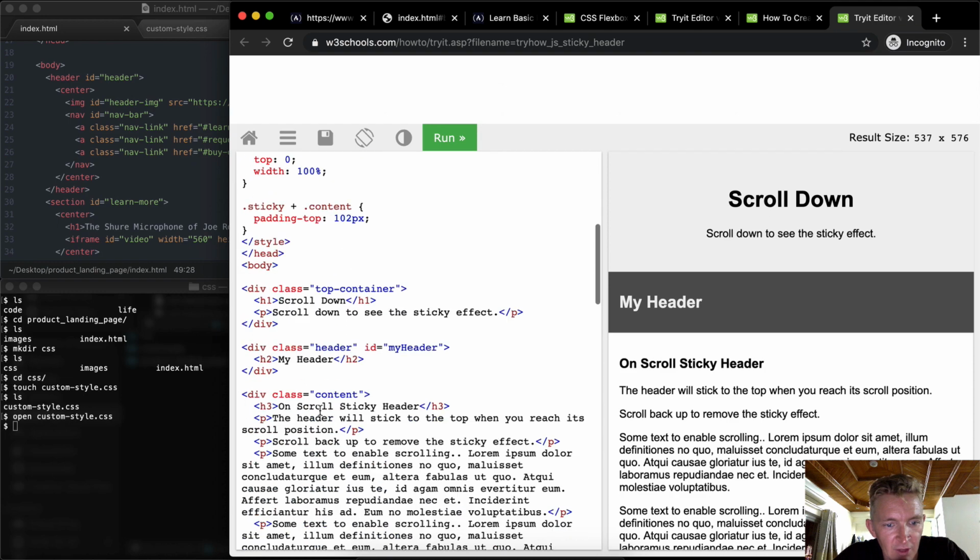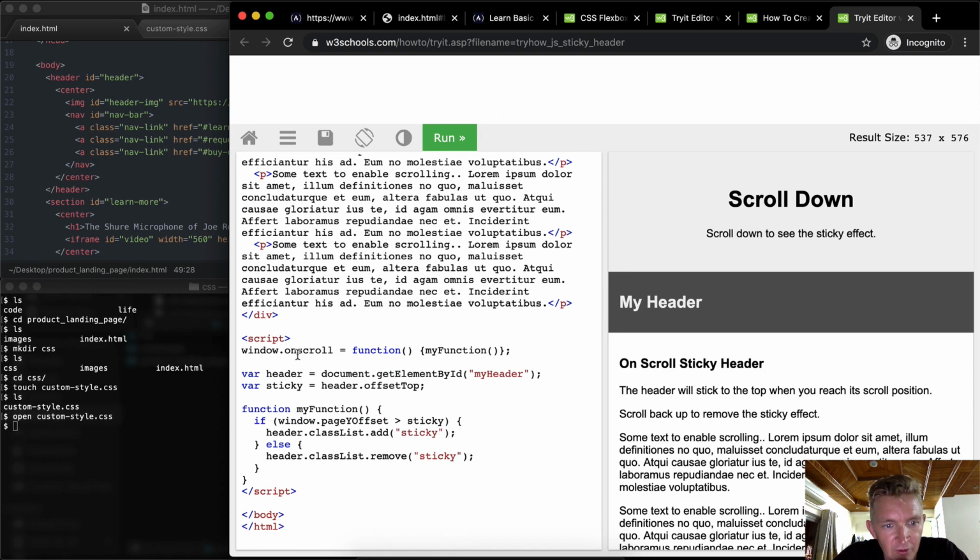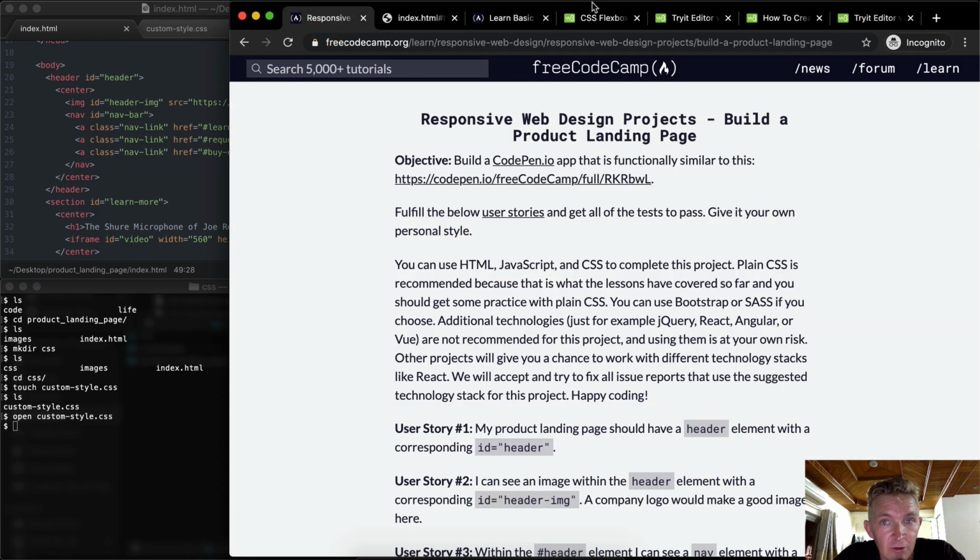Content sticky. Sticky plus content. Oh, this is also utilizing some JavaScript. So window.onscroll. So when scrolling, execute this function. And then this function is my function. And then they set the header equal to, you get the element by ID of my header. And then you've got something called sticky, which is equal to header.offsetTop. Cool. The best way for me to explain this is to put it actually into our code. So I'm going to come back to our code,